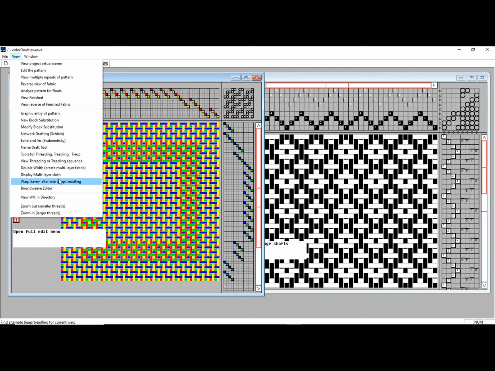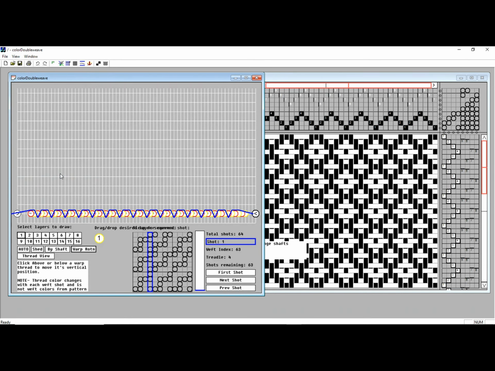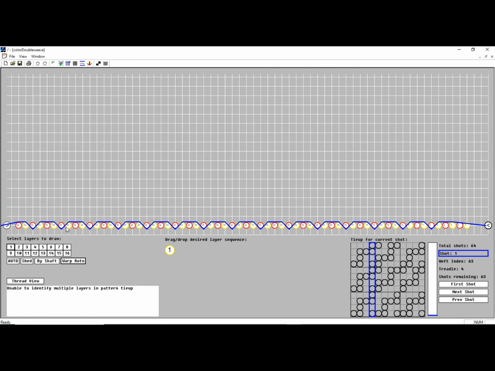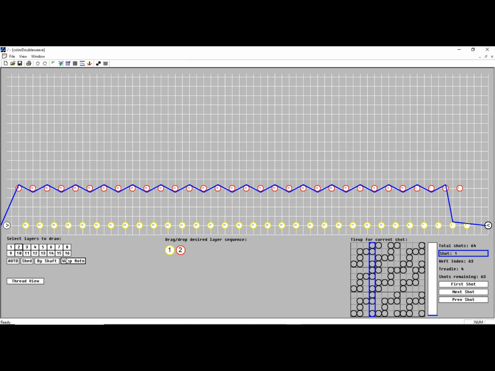When I go to view, display multi-layered cloth, you maximize that. It's kind of confusing to see what it has here, but it's actually a two-layer cloth. So what I'm going to do is tell it it has a two-layer cloth. And the default is to work by warp rotation. And so it's actually showing me the two layers, one on the upper here, and the front would be down